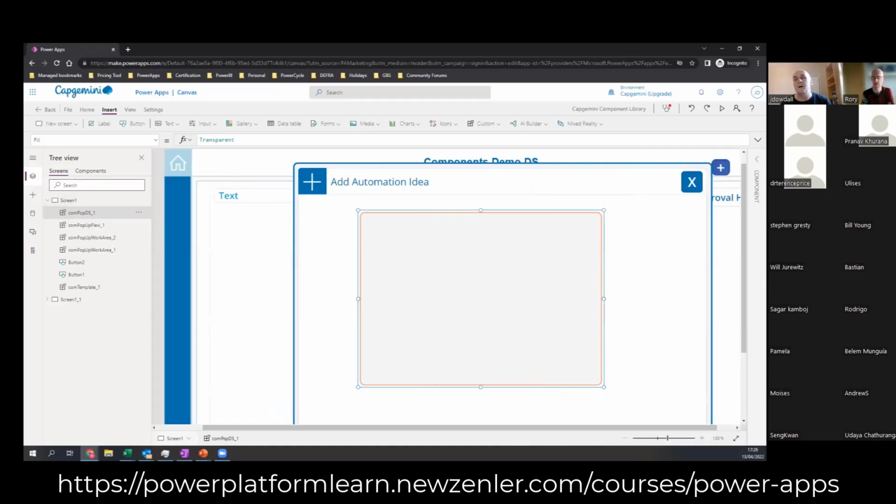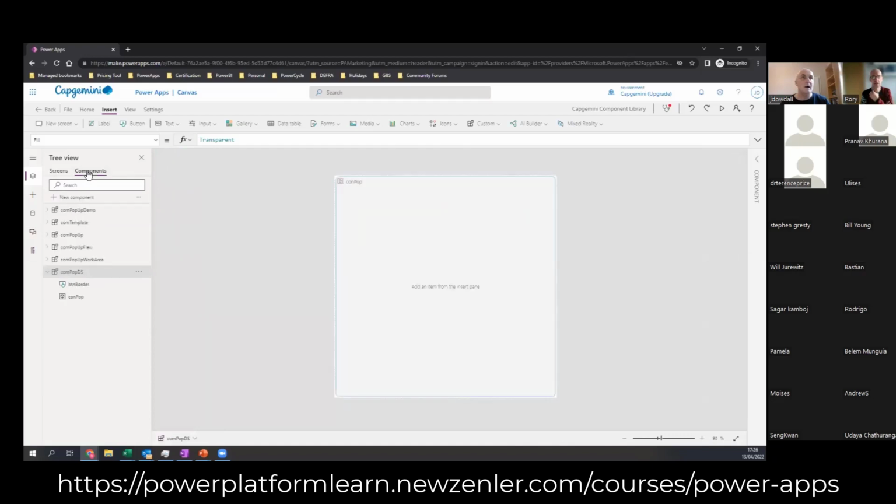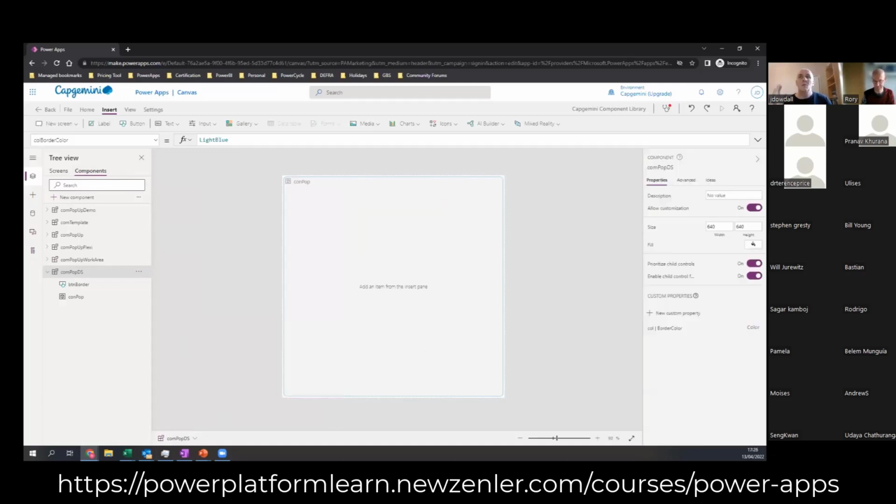So I'm going to zoom back out a little bit. Everyone, I'm going to go back into components. Just make sure. And we're going to add a very simple input property. We could add an input property here to change the background fill of the